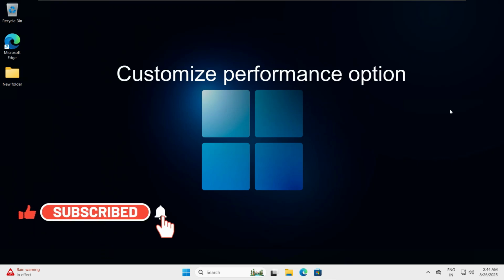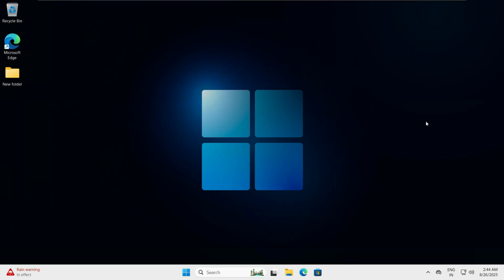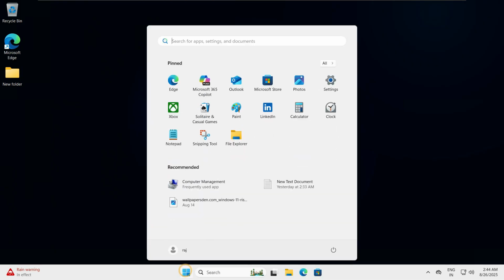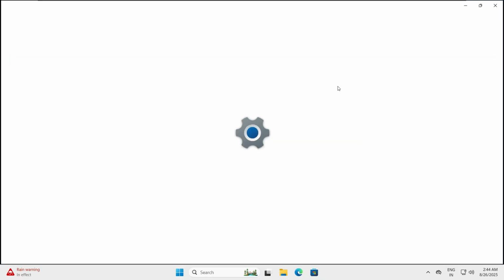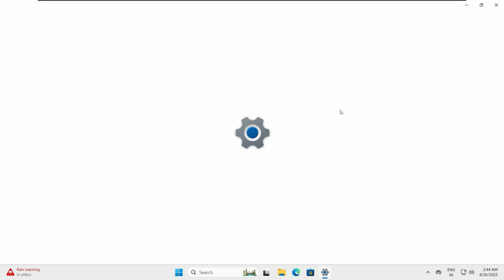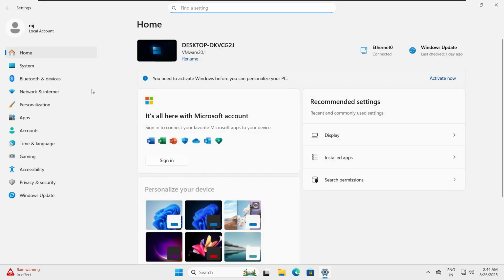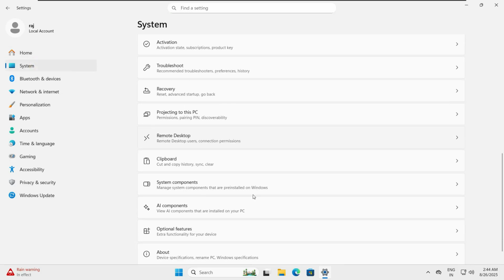So, how you can customize your performance option in Windows 11. So how can we do that? First of all, click on the Start bar and you can search for Settings here or directly open the Settings icon. Click on the Settings icon, and now go to System and slide down,